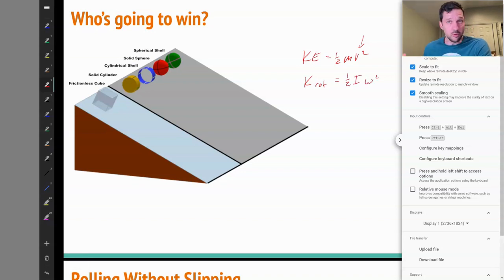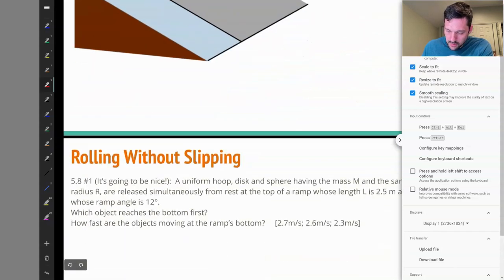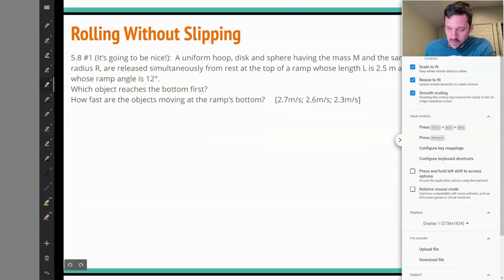An object could be moving, it'll have kinetic energy due to its linear or translational motion. It could be rotating, it could have energy due to its rotation. It could be doing both of those things. And so we need to account for both of those things in its motion or in its behavior. And so when we talk about something like rolling without slipping,